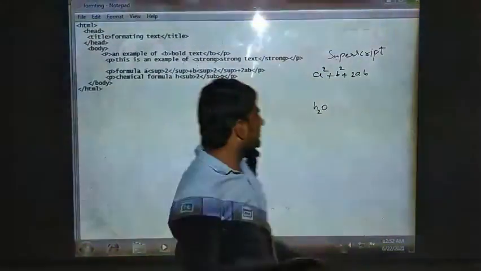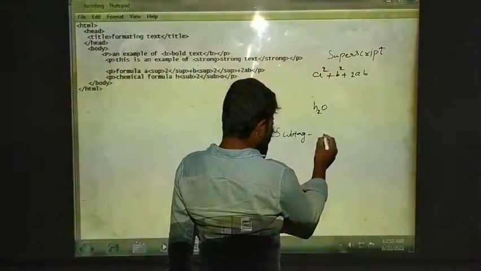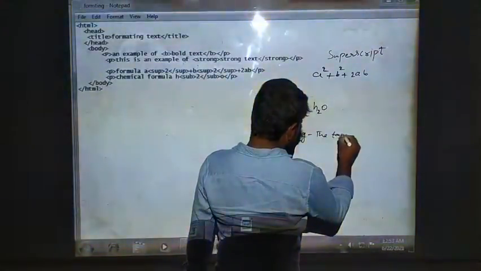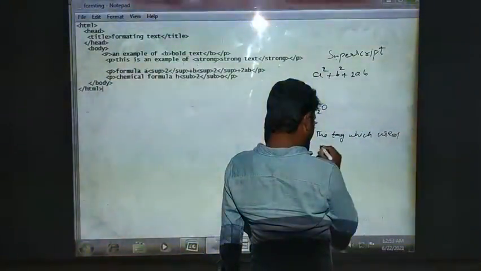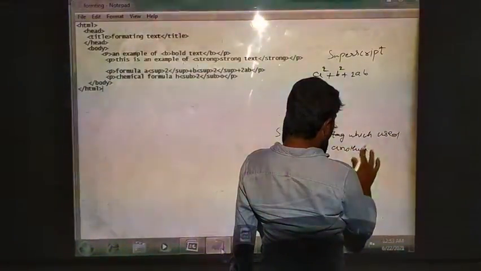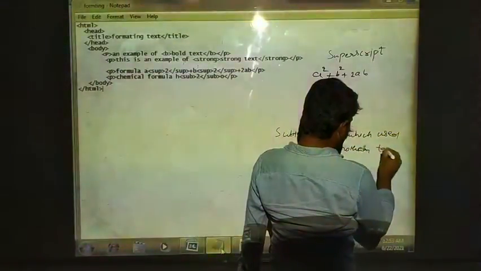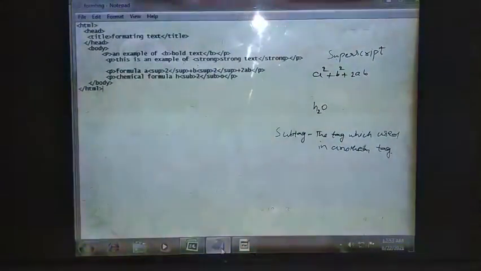The tag which is subtag means what? Subtag means the tag which is used in another tag. Okay. Just observe the notepad file here.